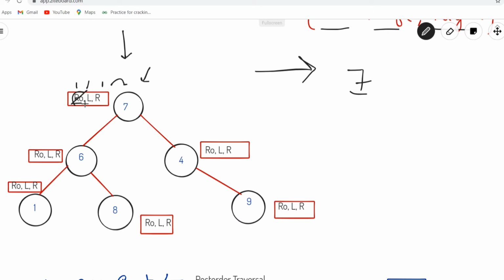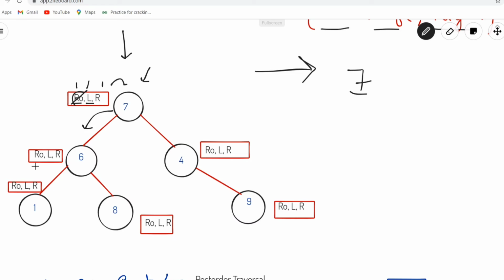After that the next operation I need to perform is left. So I will be moving in left direction. Left and right are the directions, and root indicates that you need to print the value of the node you are currently traversing. So I have moved in left direction and reached this node having value 6. Now again we need to start the operations from the beginning.